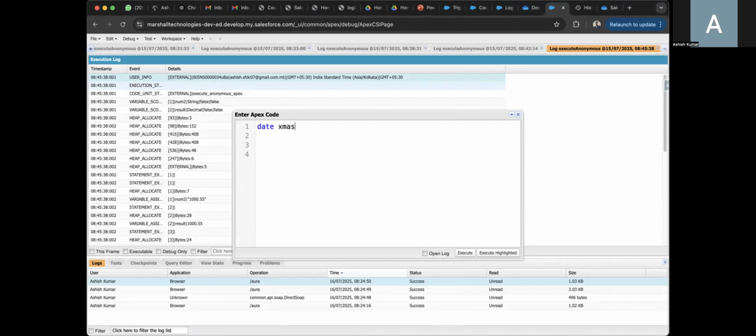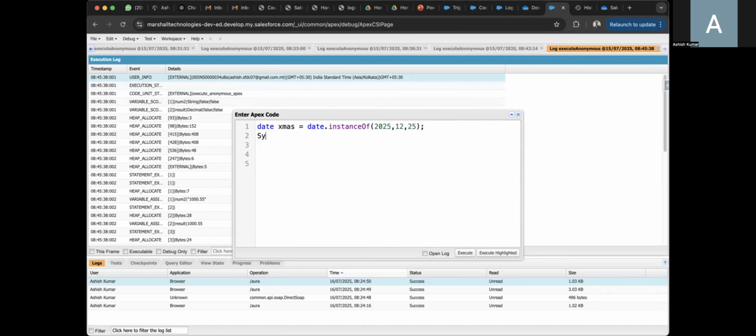So I want to store the date dot instance, and you need to pass the value in the format of DDMMYY or whatever format. So let's say 2025 comma 12 comma 25. So if it is allowing me this value,